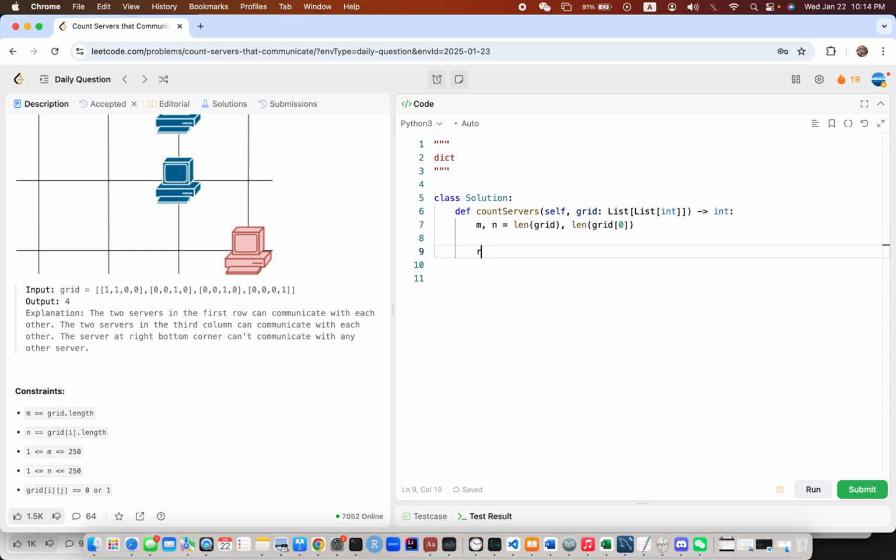Next, I'm going to initialize two dictionaries. One is called rows. I'm going to use collections defaultdict, with a set as the default container. Similarly for columns, collections defaultdict, and I'm also going to use a set. This is going to store, for each row index, the positions, R and C's,